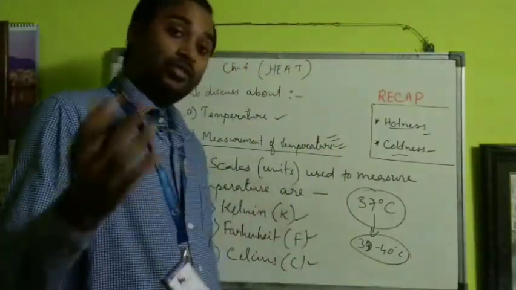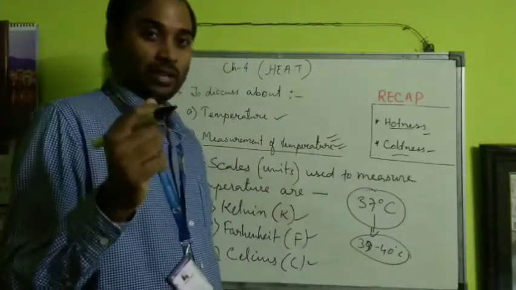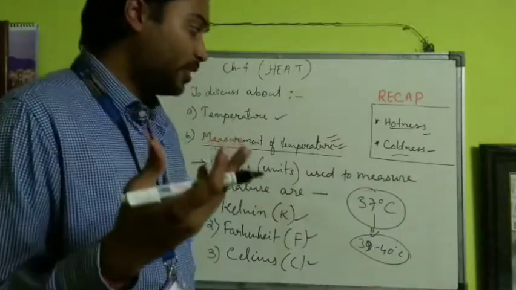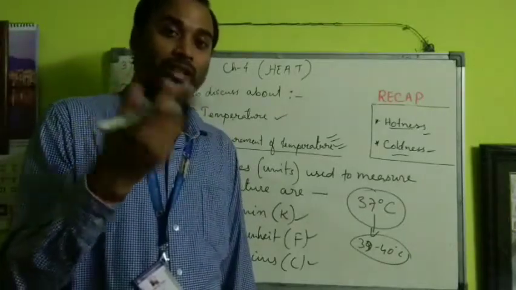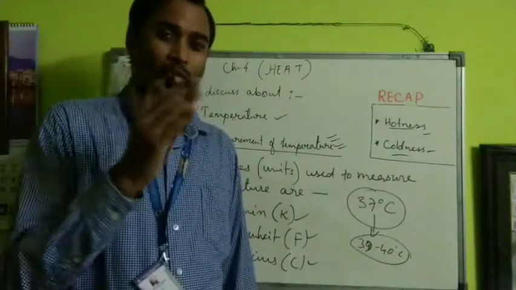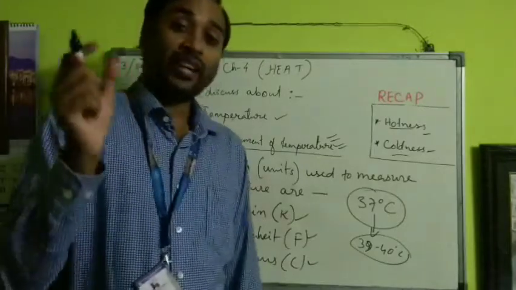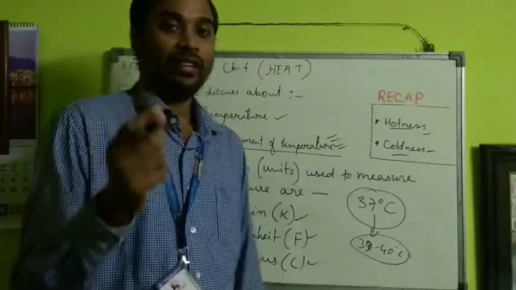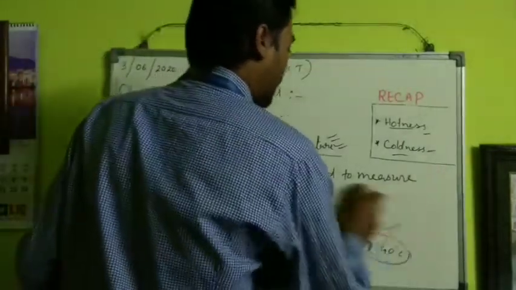That is in terms of Fahrenheit. When we say 100 degree, that is 100 degree Fahrenheit. So when we suffer from fever, generally we see that body temperature is around 101 to 102. It ranges between 101 to 103, 104 at times. So that is 100 degree Fahrenheit or 101 degree Fahrenheit, not Celsius. So let us see how we can convert these units.